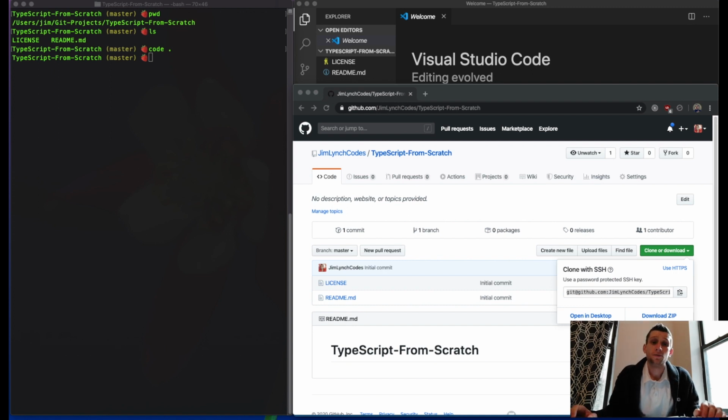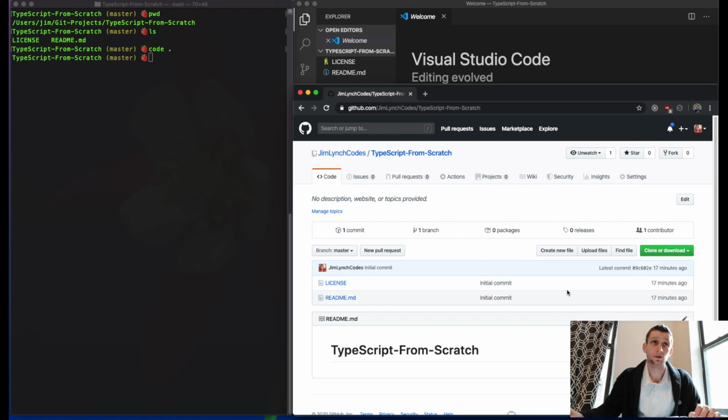Okay, so we are going to start a TypeScript project from scratch. So here I've just created a brand new GitHub repository. I initialized it with just a README and MIT license, and I just used the URL here to clone it. And so you can see I've cloned this project into the folder users gym git projects, and it's called TypeScript